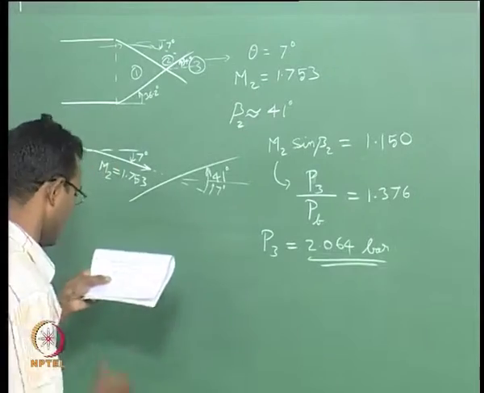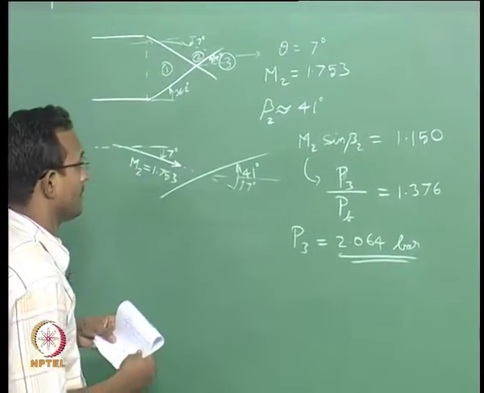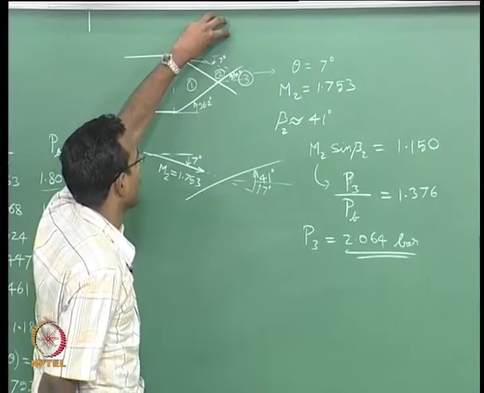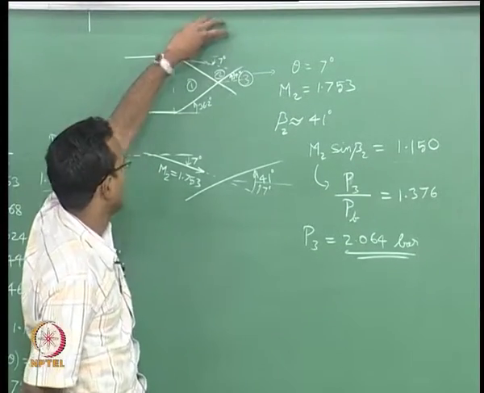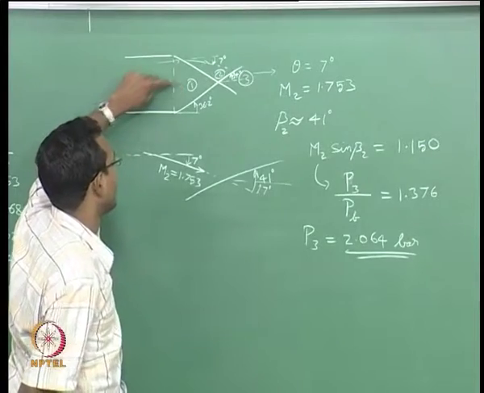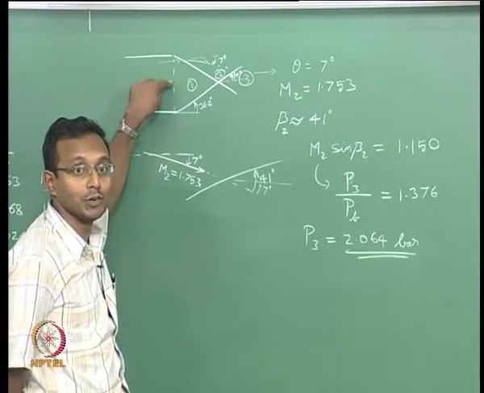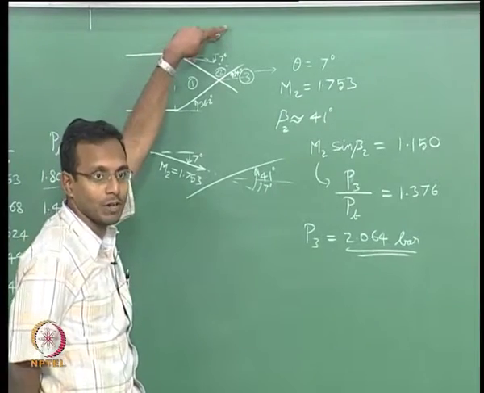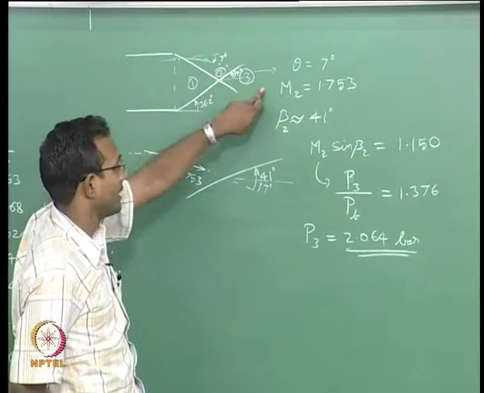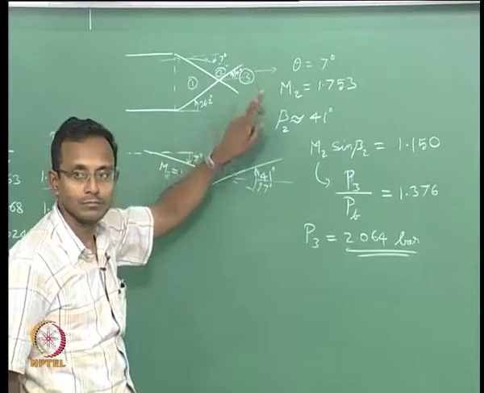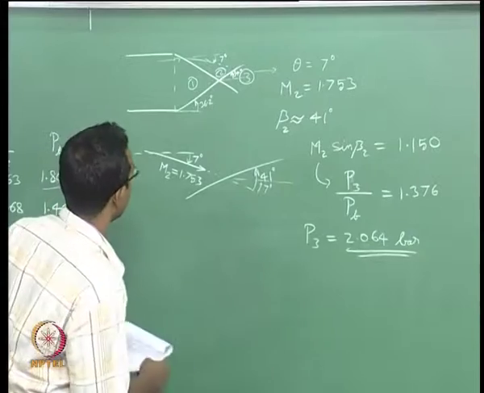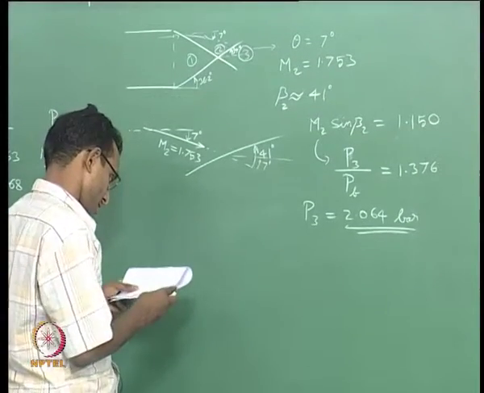This is the pressure at that point. We know that my outside pressure, back pressure here is 1.5 bar. Pressure in the region 1 or at the exit of the nozzle was 1.024 bar. From here it went up by 0.5 bar more. From there it again went up by 0.5 bar more, right? 1.5 became 2.0, again 0.5 bar more it went up. Okay.